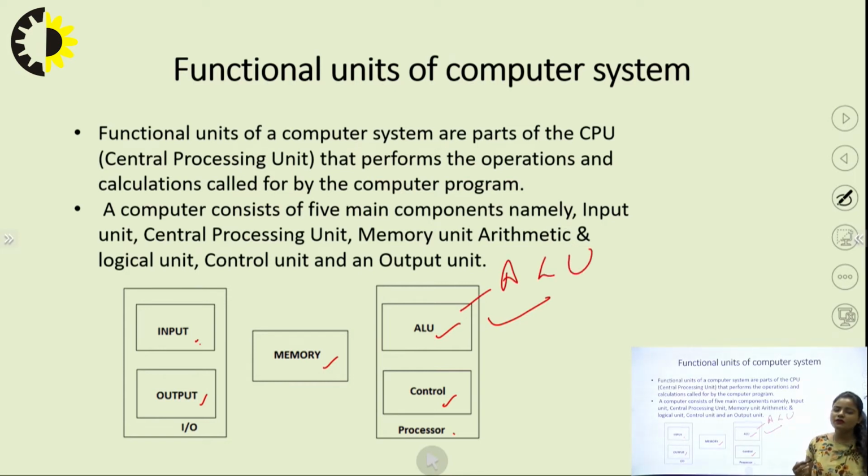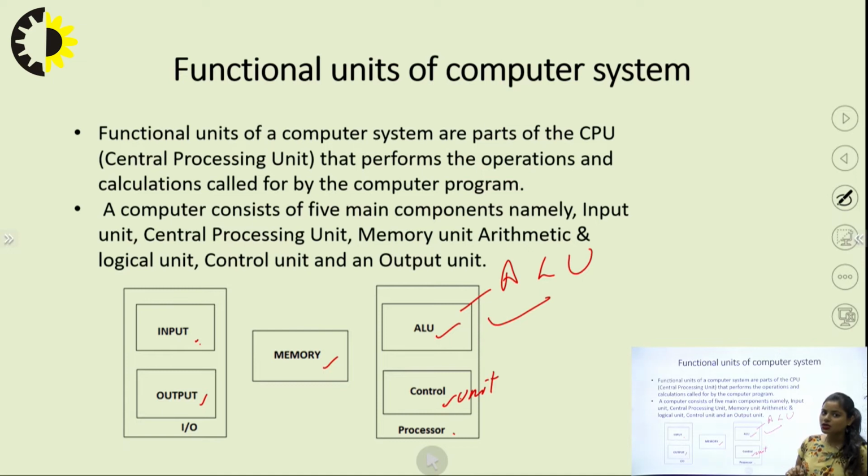Whenever we have to perform any kind of arithmetic or logical operation inside the computer system, we always perform this task with the help of the ALU. And what is control? This is also a unit, the control unit. The control unit is basically responsible for all the control inside the computer system. This is a basic single line introduction of both units, and the combination of ALU and control unit